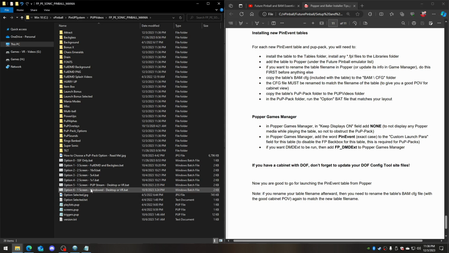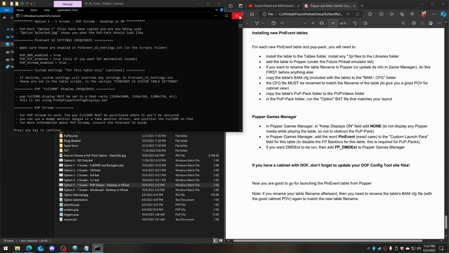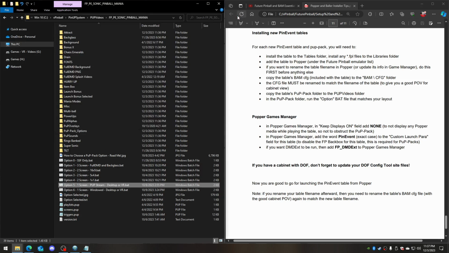So if you're trying to run Future Pinball windowed so that you can show the PuP-Pack on the same screen, then you would run this. In my case, I'm running it with PupStream, so that way I have the PuP-Pack displayed on a dummy monitor screen or a second screen, and that's what I'm doing here. Okay, so I choose this. All this is telling you is that all the files have been set up in a way to make it work for your setup, and it's just saying make sure these options are enabled to allow it to work, is what that's saying. Okay, so now that that's done,